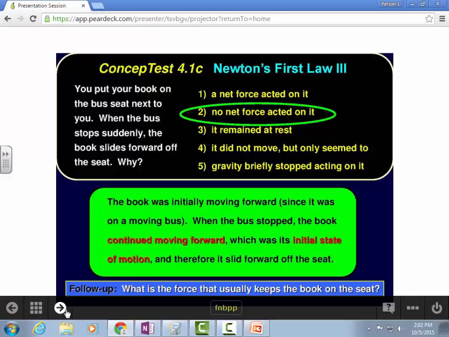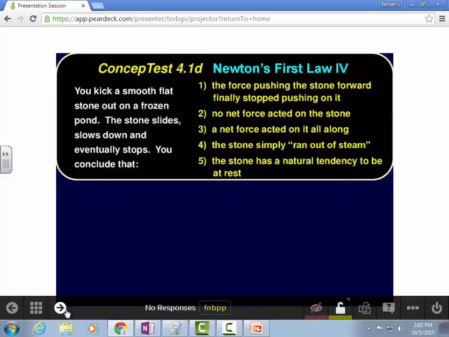So, you kick a smooth stone on a frozen pond. The stone slides, slows down, and eventually stops. You conclude that